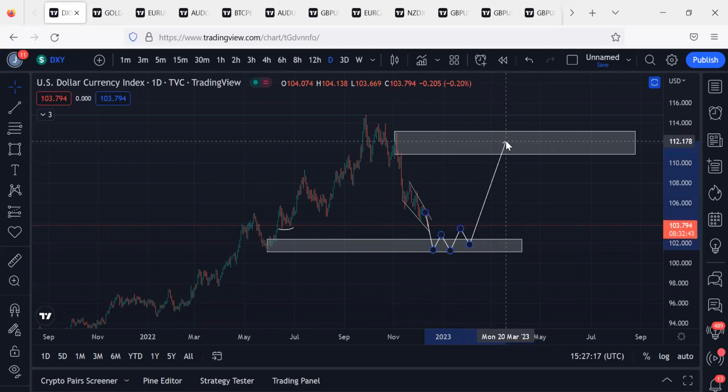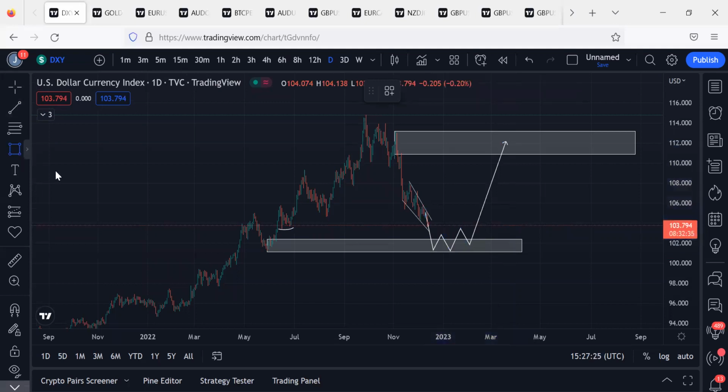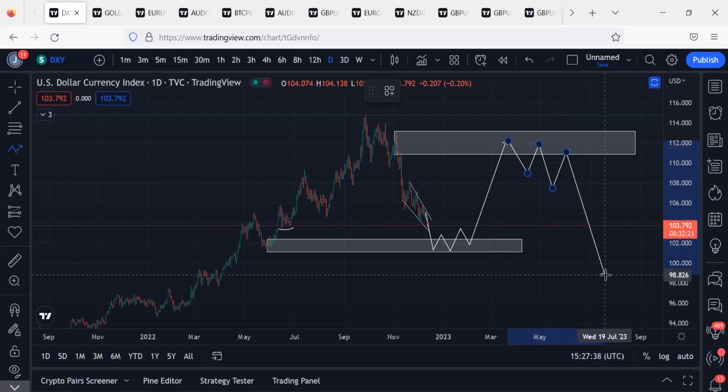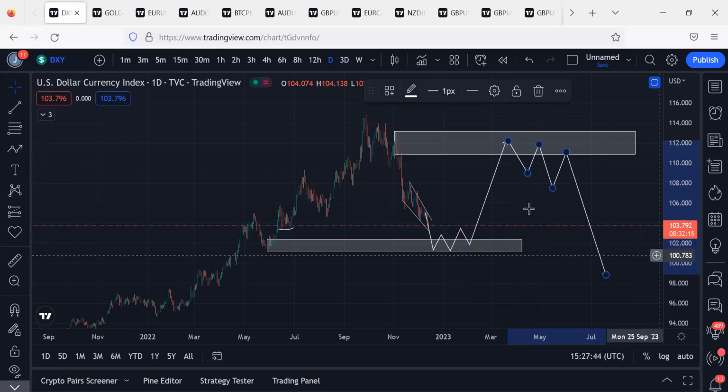Now just imagine that we'll come back to this place and we can't break this whole structure. It will flush us back. Listen. It will flush us back. Now, if we didn't break, then we come back here, we broke down. This will be our fixed entry, as it flushes us and breaks the structure to the downside. This is how trading actually works. So I'm going to close this trade here.